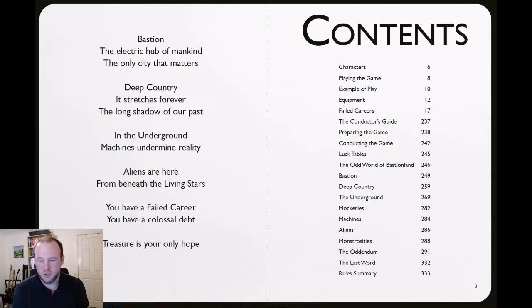And what I wanted to do with that is set the elements of the world that people needed to know about. So people need to know that there's a city called Bastion, and they needed to know that it was electric. Even they could have got that from the cover. They needed to know that deep country is stuck in the past. They need to know that there are machines underground, there's aliens. The only thing I didn't fit in here is mockeries, but I quite like the surprise of when someone encounters a mockery for the first time,